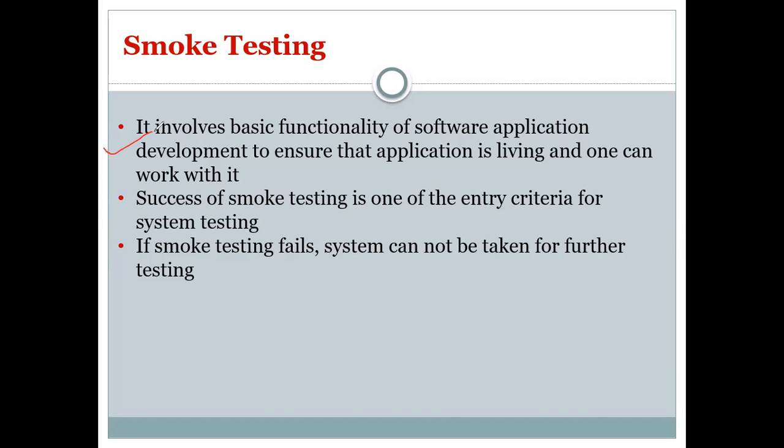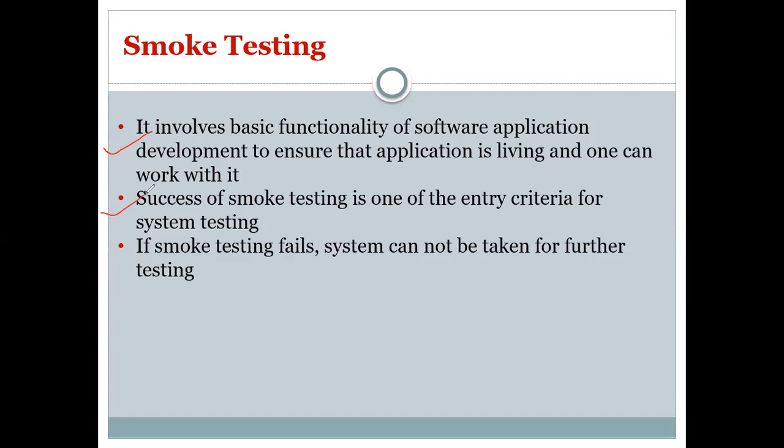No. So you have to check whether the application is living and one can work with it. Our generation was comfortable with XP, but now are you people comfortable with XP? No. So you have to check whether the application is living. That is nothing but smoke testing.